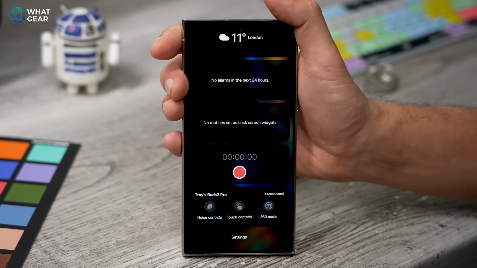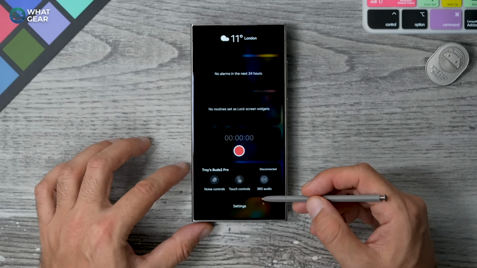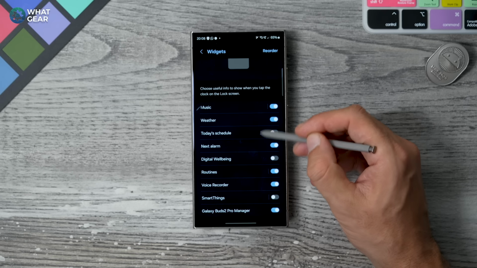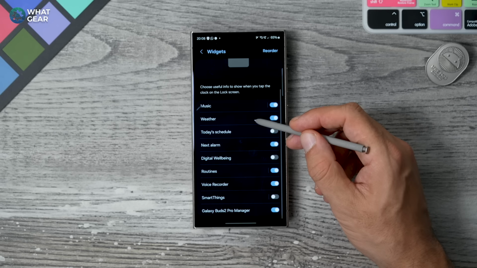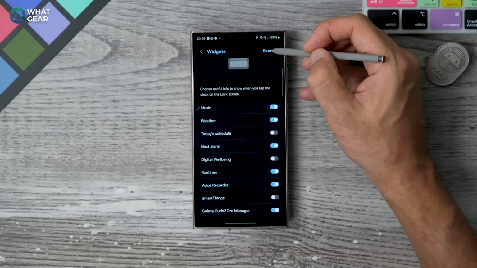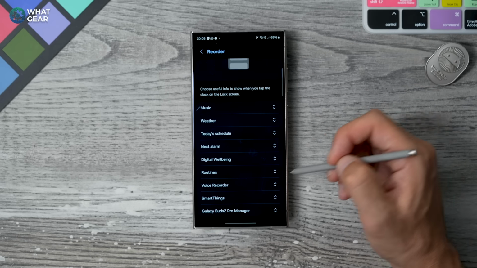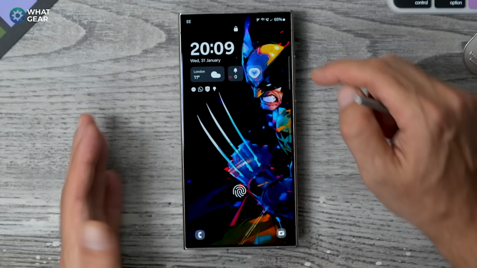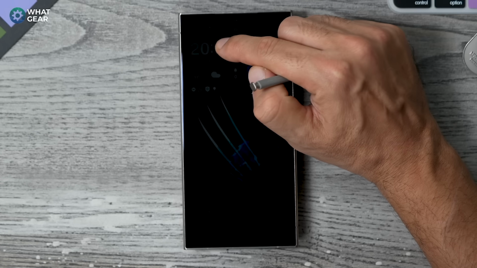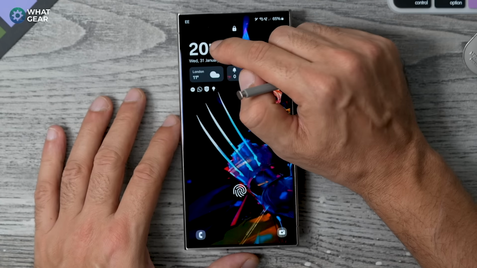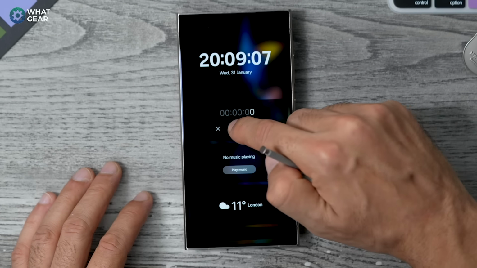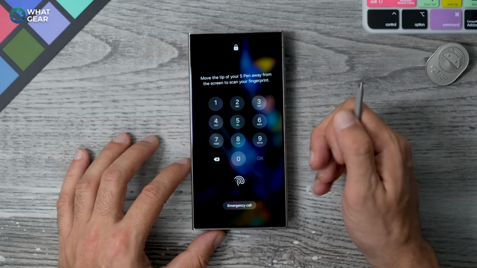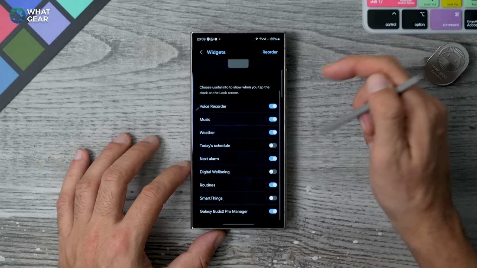But anyway, let's go back to that settings menu, and you can quickly jump back to it by going to settings here at the bottom. And here you have a list of the available widgets. So you can switch on and off the ones that make the most sense to you. And at the top here, if you hit reorder, you can move the most useful ones to the top. So I'm going to put the recorder right here at the top. And with it set up like I've just set it up, now if I need to capture some audio for whatever reason, I can tap that clock, start recording immediately here from the lock screen. I think I'm also going to move my Galaxy Bud controls to the top as well.